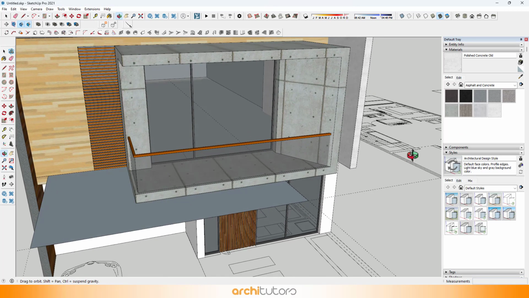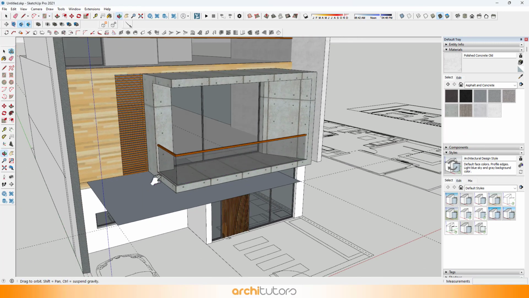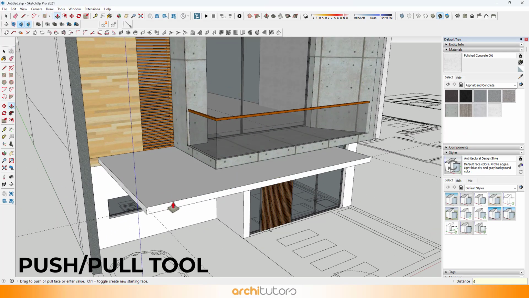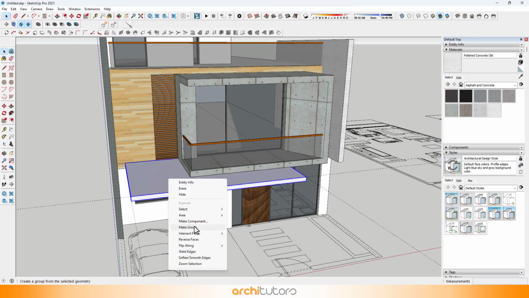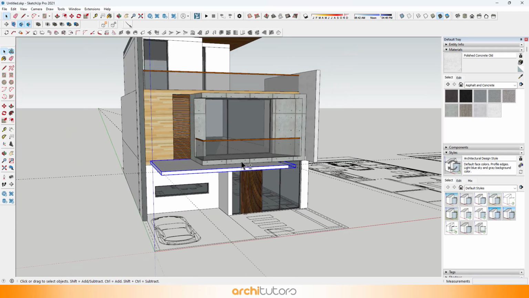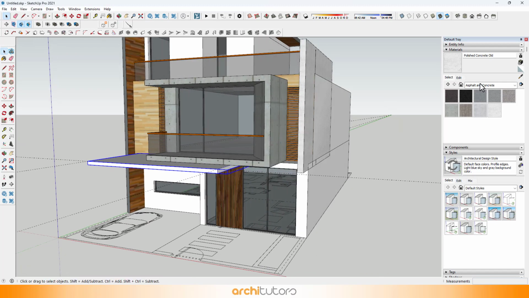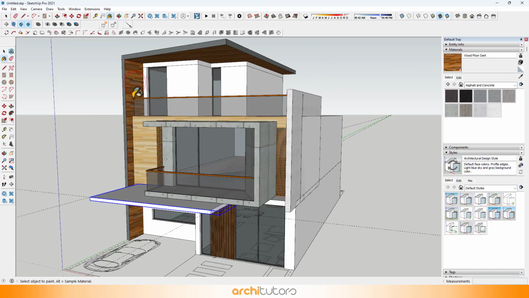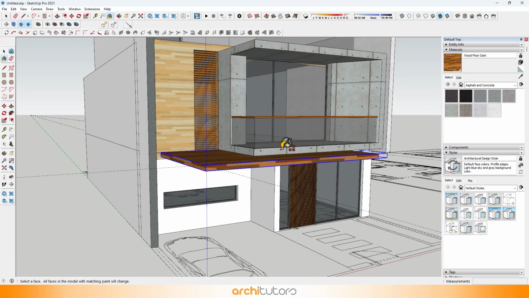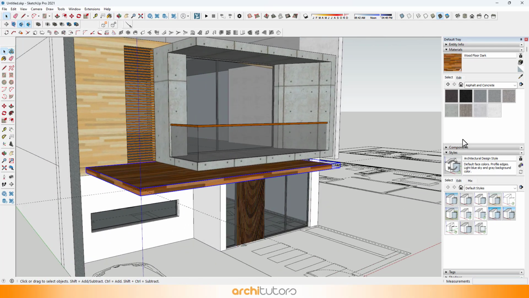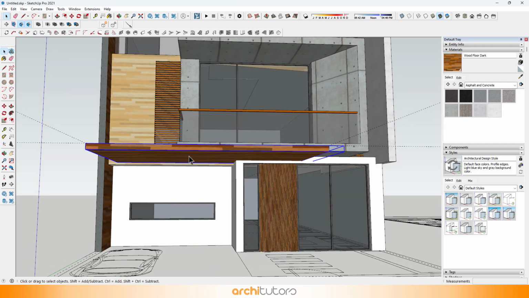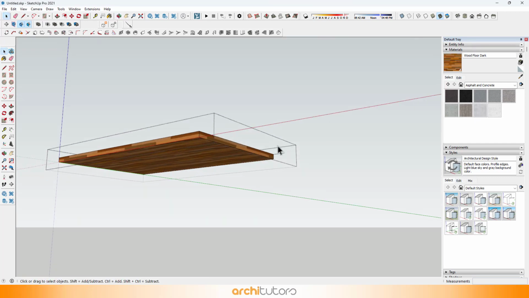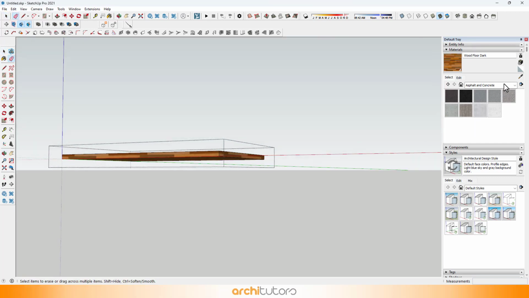Let's add a slab with a C-section on it. First, create a box by extruding a rectangle. I'll put a wooden material on it. Sides can have metal material.